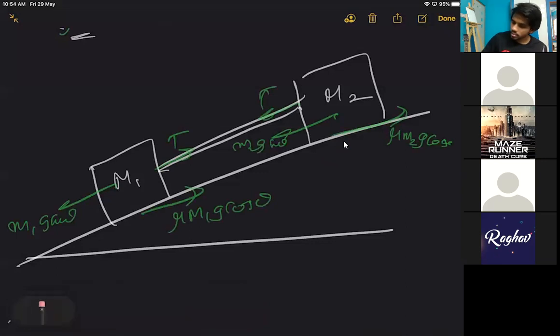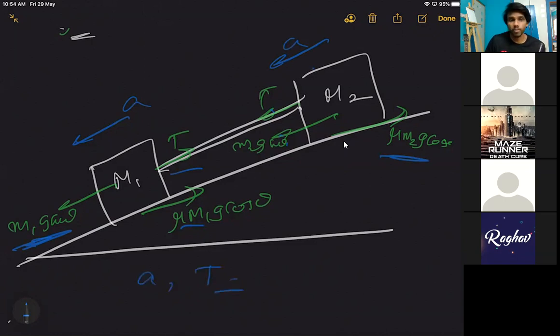And the accelerations of the blocks, let us call them A and A. Okay, so for this equation, this minus this, and for this equation, this plus this minus this equal to mass into acceleration. You just write all the equations, you can find the acceleration, you can find the tension, and you can find whatever you want from that problem.